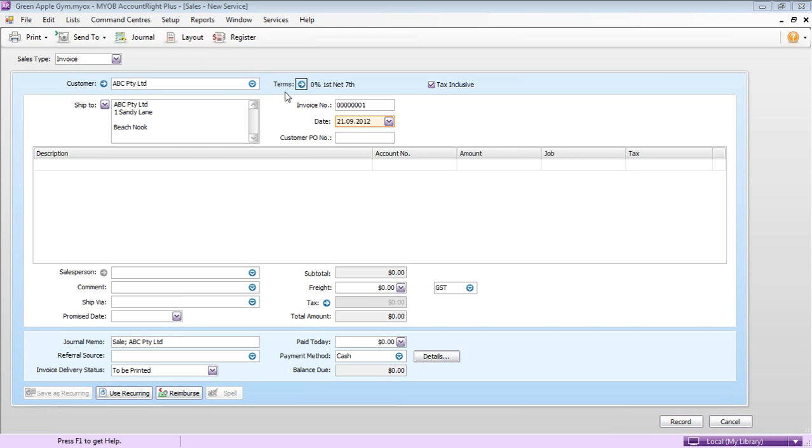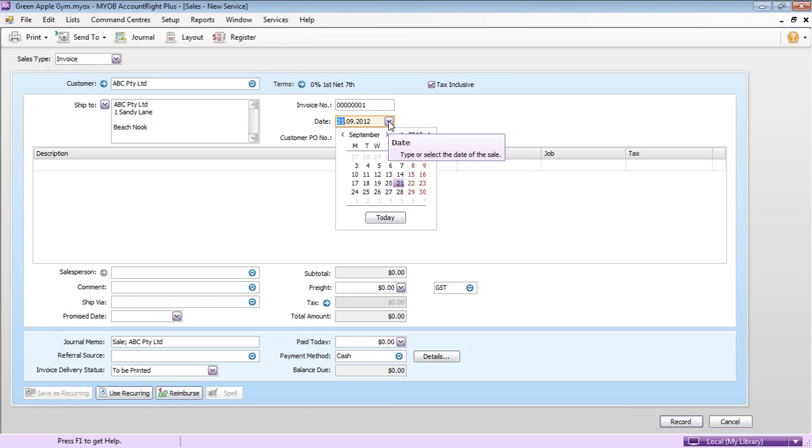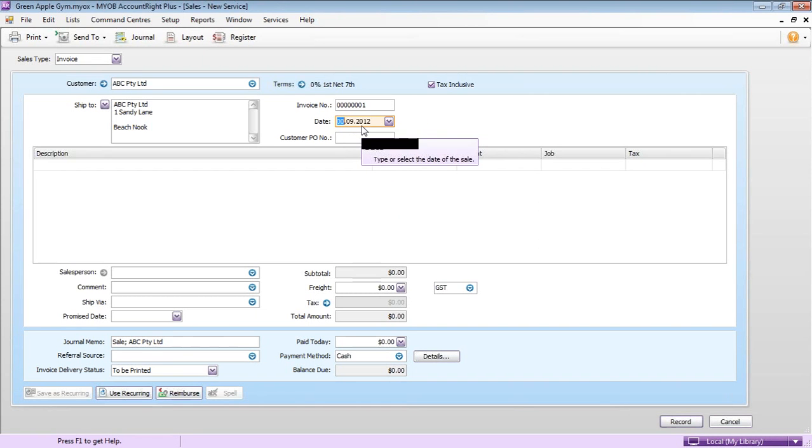Now just below the terms on the right hand side we have the invoice number, which automatically filled out, and this is the first invoice for this company. Hurrah! So that's number 1. The date has come up, and this is actually the date that I'm recording this on, so you would change that to whatever the relevant date would be. You can click on the drop down arrow there to choose a suitable date, and we're actually going to change the date to the 1st of the 11th,